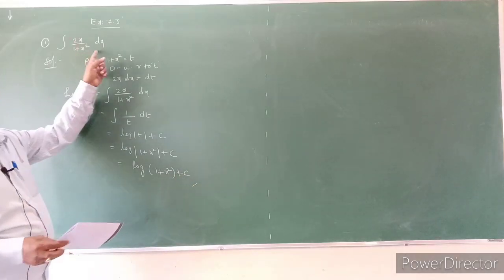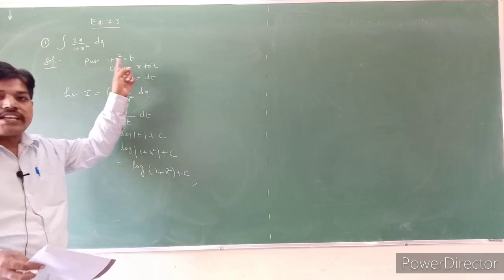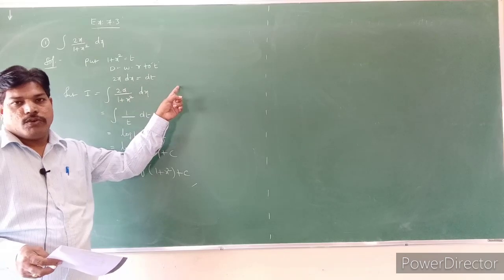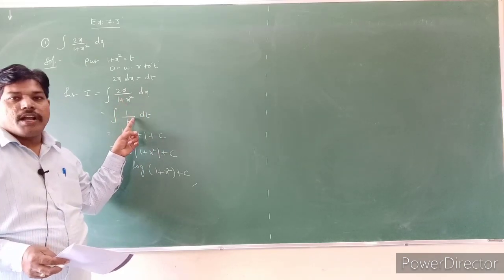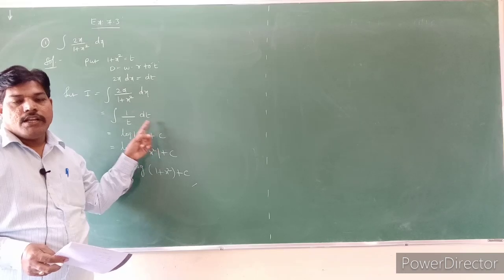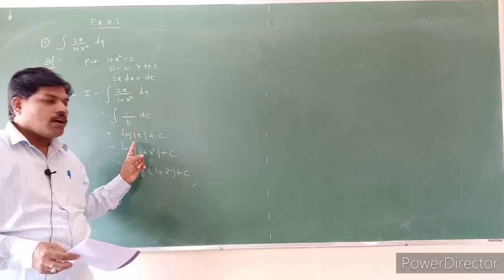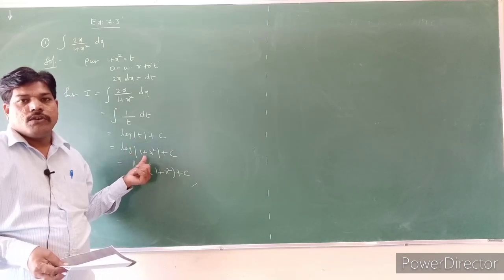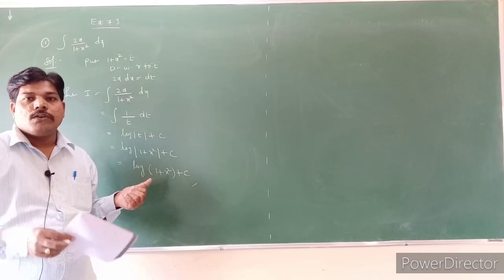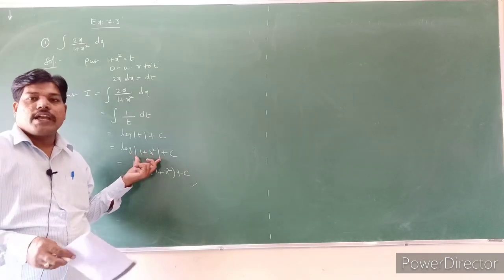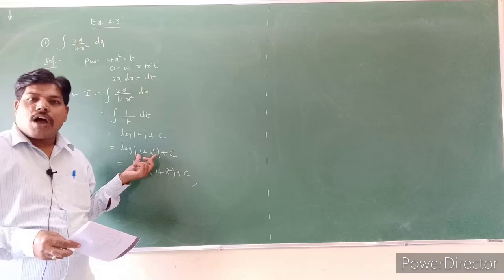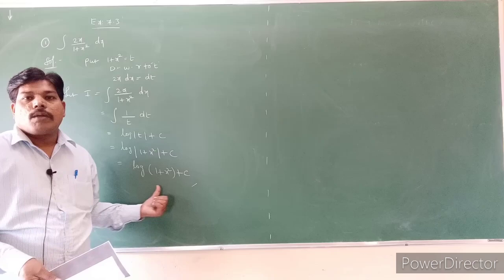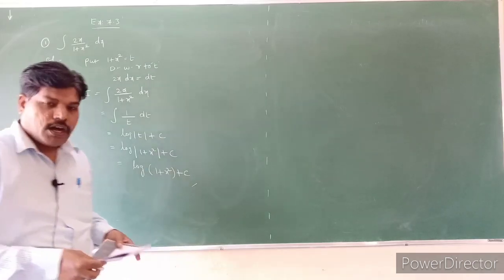So the integral of 2x by 1 plus x square into dx. I am taking 1 plus x square is equal to t. So 2x into dx becomes dt only. So the problem becomes the integral of 1 by t into dt. The integral of 1 by x into dx formula is log of mod x plus c. What is the t value? T value is nothing but 1 plus x square. Replace that value. Why are we using the mod? The function has to be taken as greater than 0, that's why we are using the mod. Already 1 plus x square is a positive value, so you can remove the mod. Nothing will happen. So log of 1 plus x square plus c. So all understood, students?